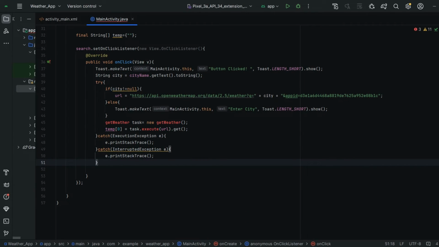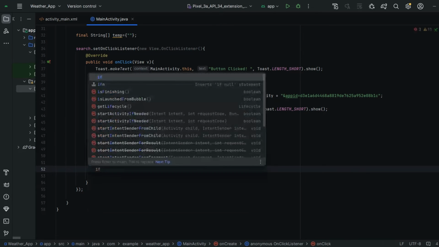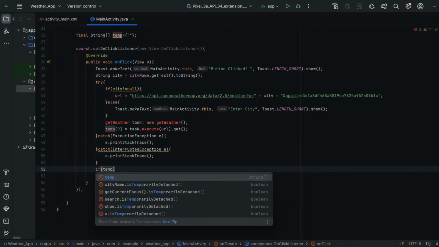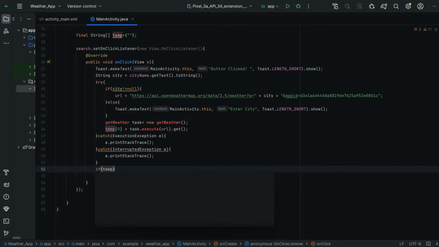Okay, and also after executing this task, we are going to store the value in our temp. If it returns a null value, then our temp is empty, guys. So if it didn't get any weather details, then we have to print cannot able to find weather.